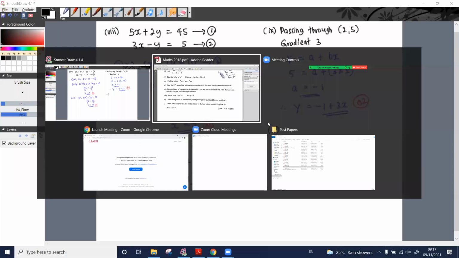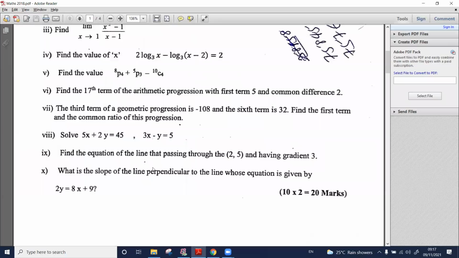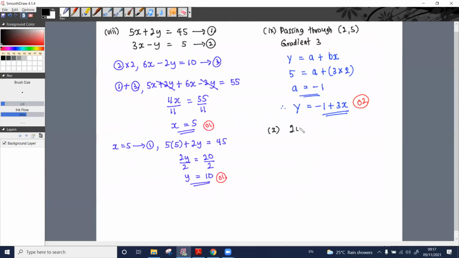Last one. What is the slope of the line perpendicular to the line whose equation is given by this? Slope of the line perpendicular to this line. What is the equation they have given? 2y equals 8x plus 9. So let's make y the subject here. Then it should be what? Y